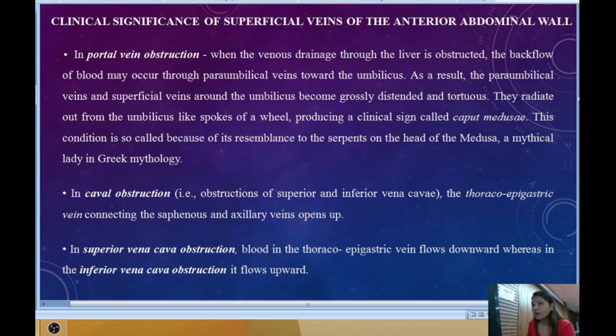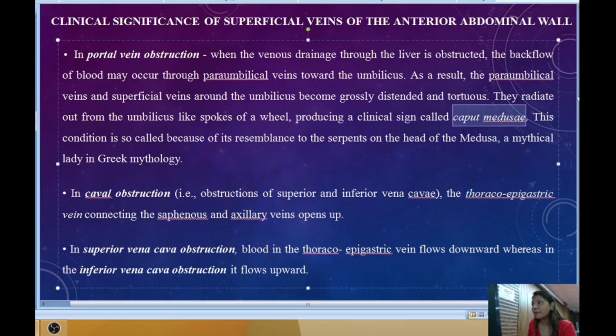They radiate out of the umbilicus like the spokes of a wheel. Everybody knows a cycle, so you have seen the spokes of the wheel of the cycle. So it becomes like spokes of a wheel, producing a clinical sign which is known as caput medusae. This is very, very important. Caput medusae. This condition is also called so because it represents the serpents on the head of Medusa, a mythological